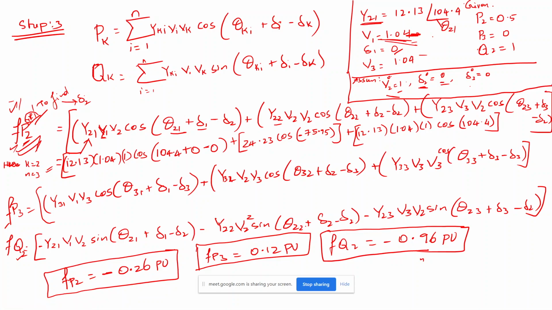Did you get the point of what I am trying? I am deriving the corresponding equations from the Y bus matrix values and the other given and assumed values. Once you have done this, from these equations we need to fill up the Jacobian matrix. Once you have the Jacobian matrix, we know the Newton-Raphson final equation. Apply that, then you will get the del 2, del 3 and V2 values. This is what we need to solve the Newton-Raphson method.